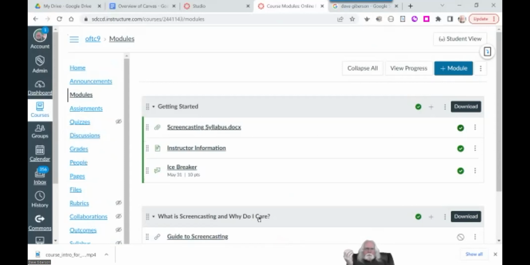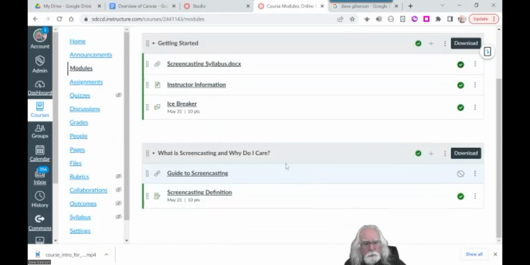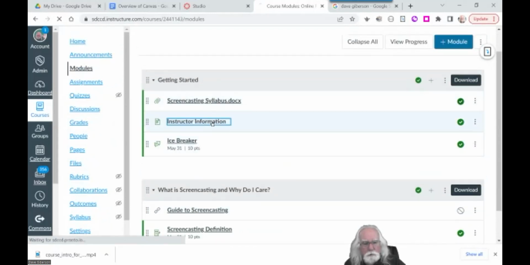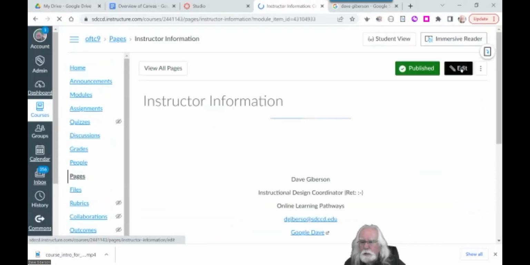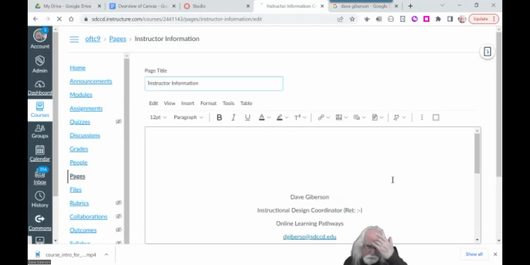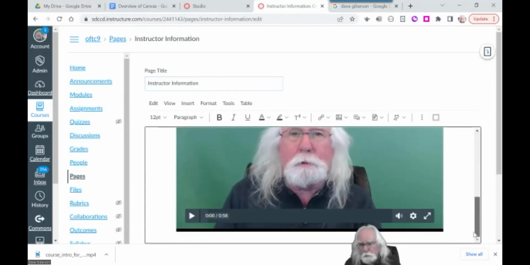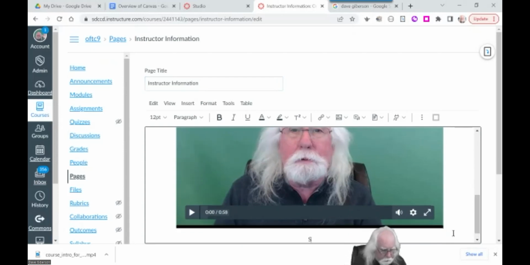The Rich Content Editor will allow you to link to content inside of Canvas as well as outside. Just let me very quickly show you that in this instructor information page here. If I wanted to edit that page and put a link on the bottom of this, which I might want to do, to start the course,